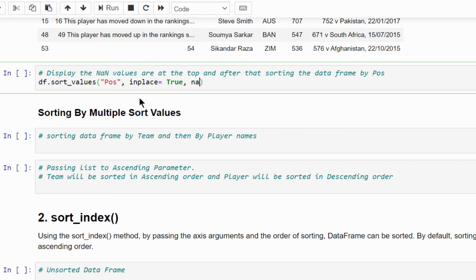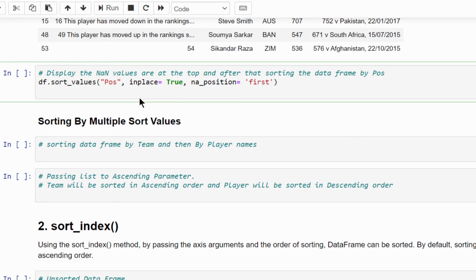Then na_position was automatically filled by tab completion. Then give first. It means it will display all the NaN values in the top rows.